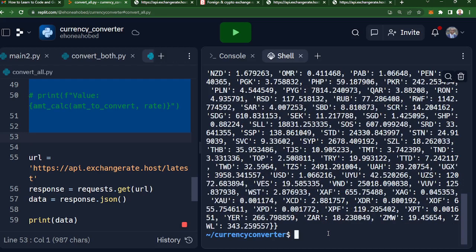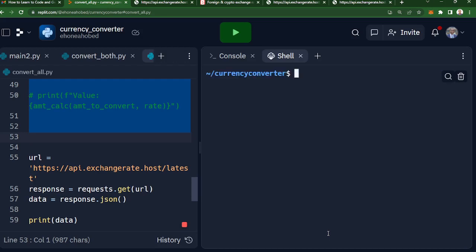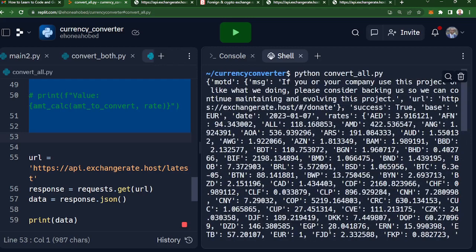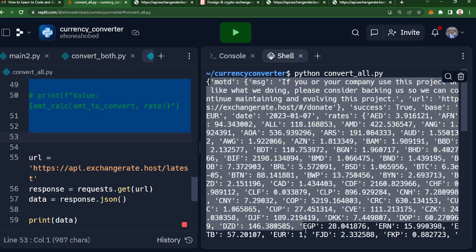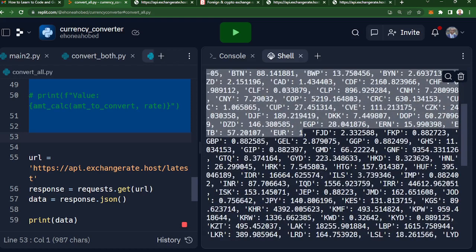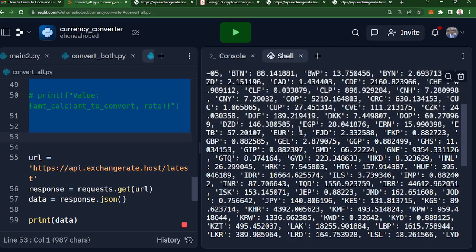Clear my screen, then run this again, and you see, because now that's the only part of the code that is left in there, it is giving us access to the data, right? Then as I said, we could go ahead and use any of the other endpoints, especially the one for conversion, but my goal is for you to be able to learn how to access these figures and incorporate them into the program that we have already built,